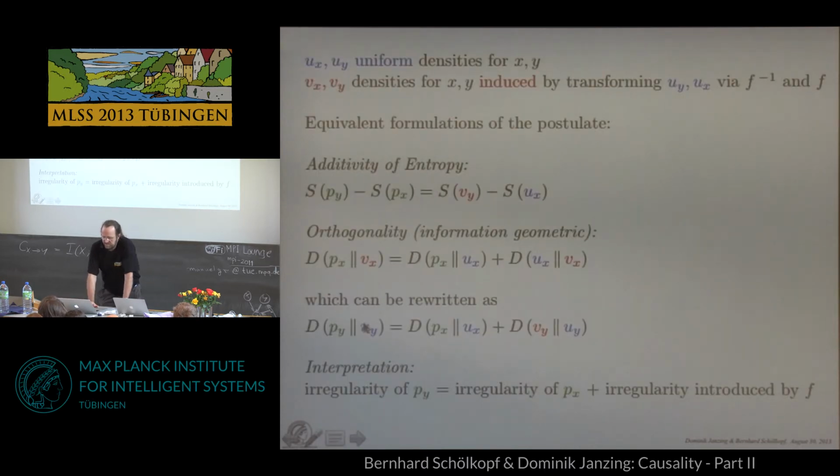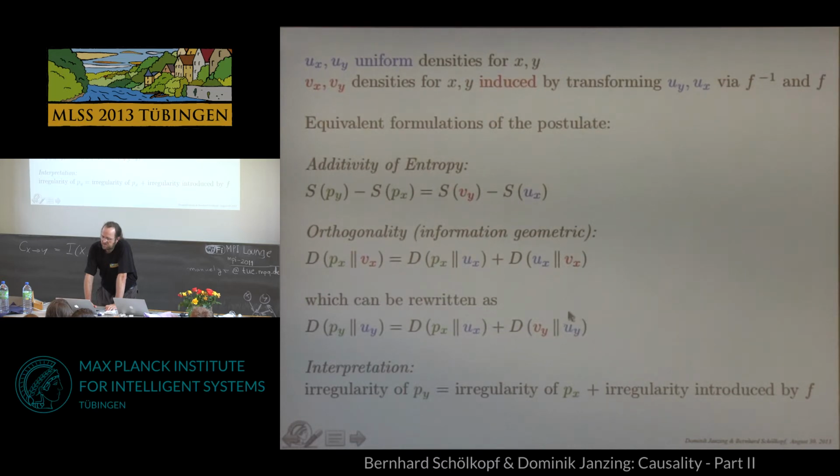Now the statement is the output distribution will typically deviate from the uniform of the output, so U is always a uniform one. How much does it deviate from a uniform one? So how regular is the output distribution? And the statement is this irregularity is a sum of two terms. One of them is the irregularity of the input distribution, and one is the irregularity that we would see on the output